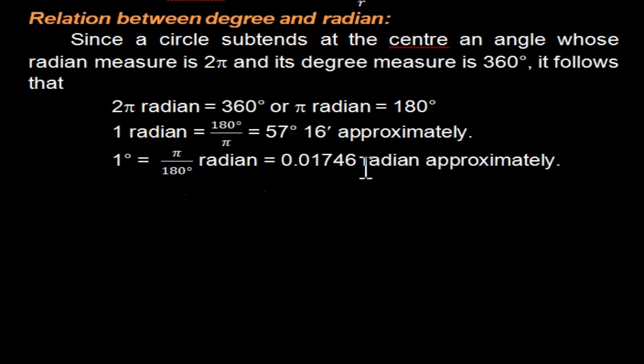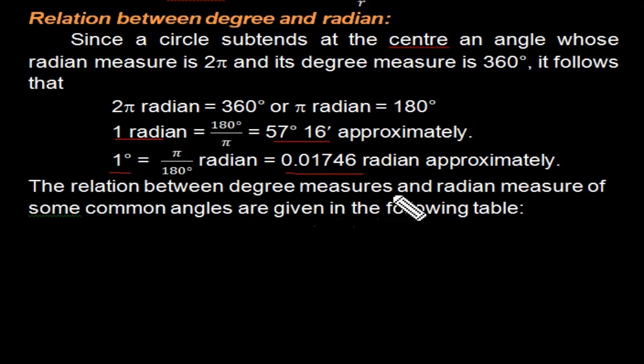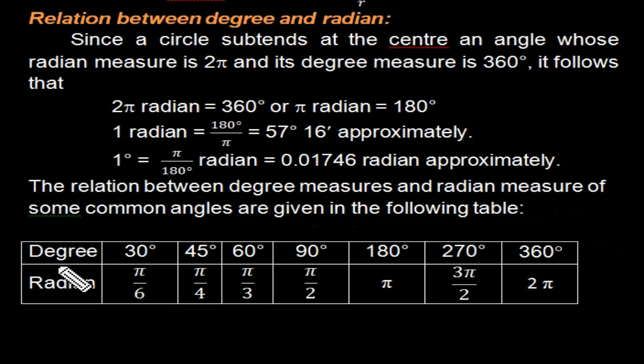That is degree to radian measure and radian to degree measure. This is radian to degree measure. This is degree to radian measure. So we have a few problems where they will ask you to convert from degrees to radians and radians to degrees. I will give you the degree measure and the radians with the common angles 30 degrees, 45 degrees, 60 degrees. I will give you in table form: 30, 45, 60, 90, 180, 270 and 360 degrees. How will we change this degree to radian?